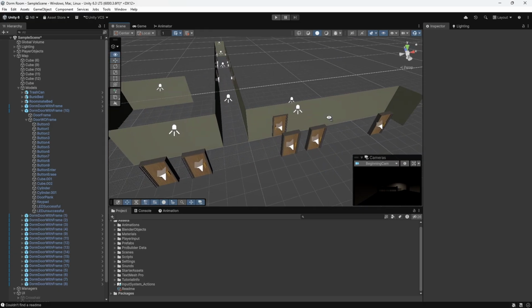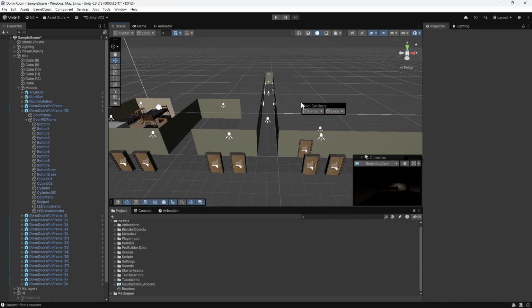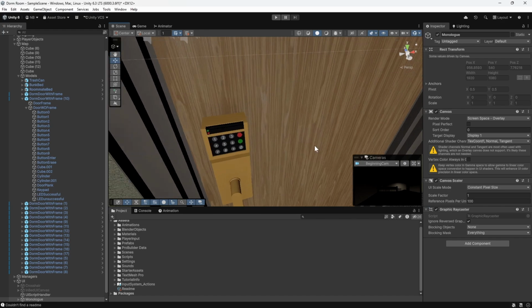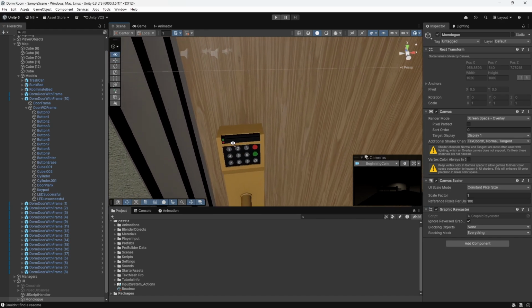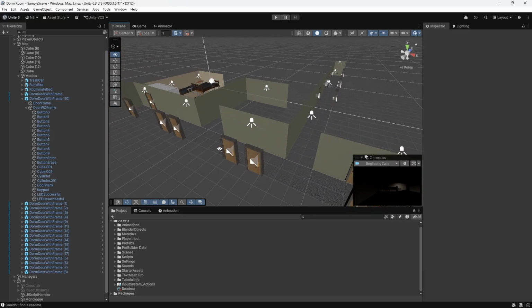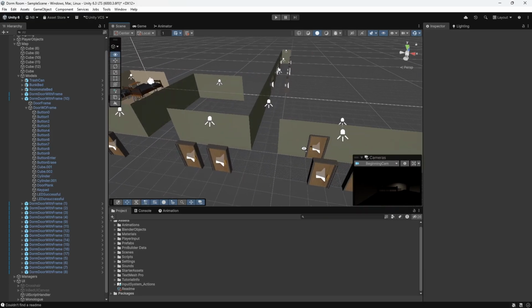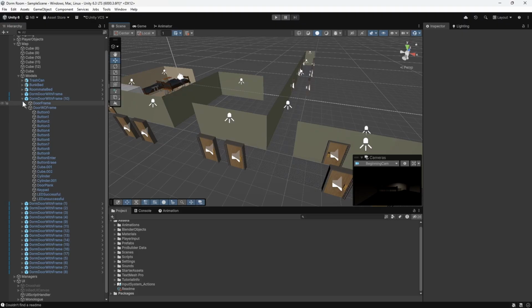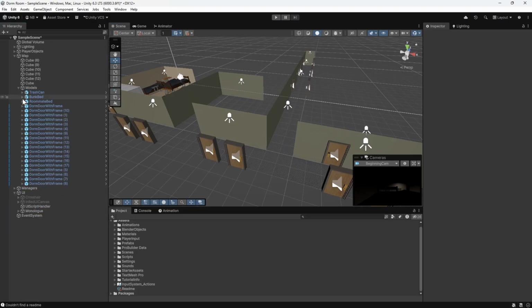And then you have to go downstairs. The issue is, I kind of want the keycode system to be on the bathroom. However, the issue with that is, what if a player,